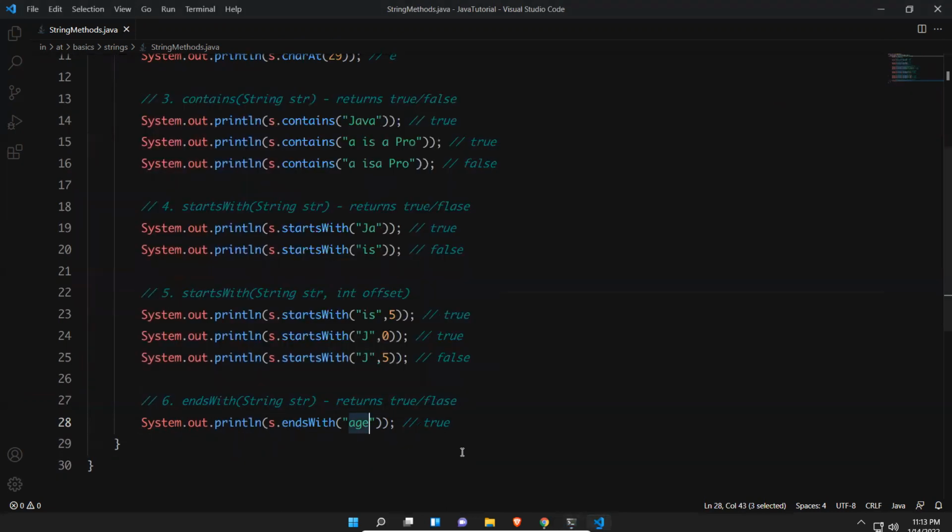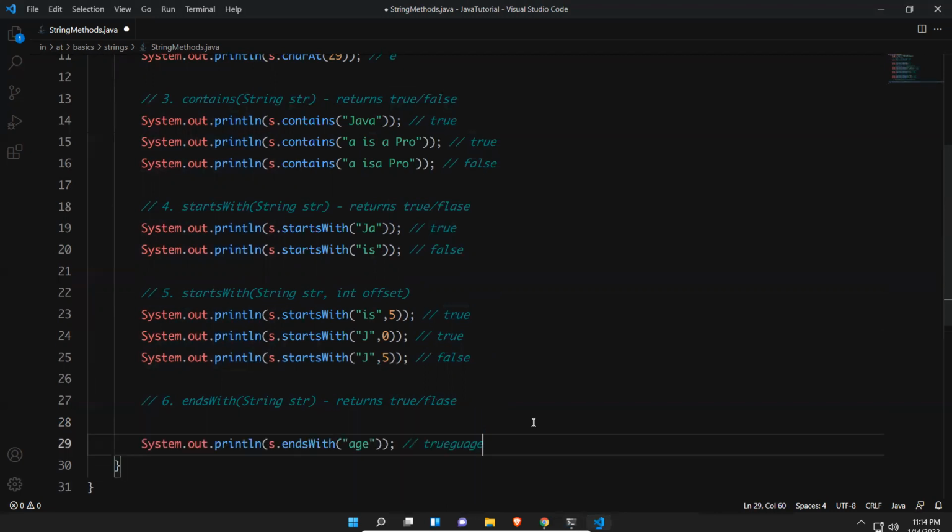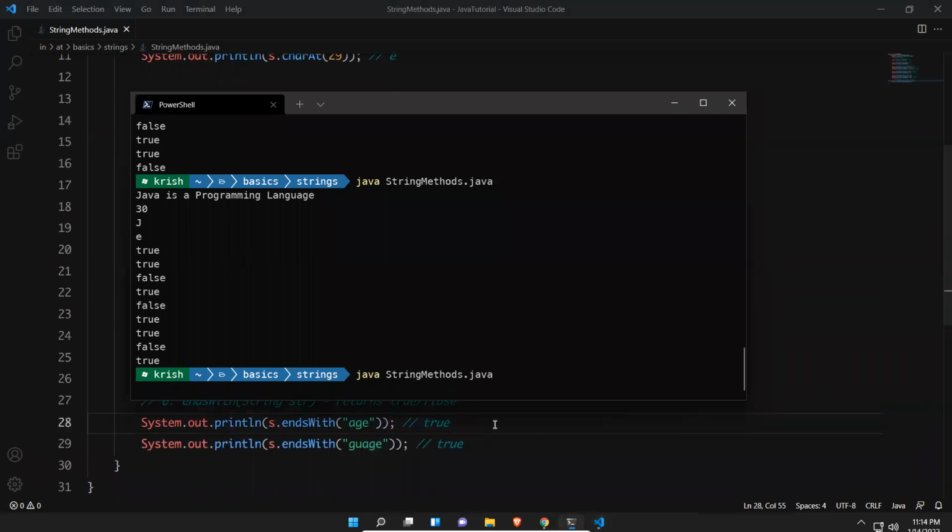You see that? True. And if you take UAGE, GUAGE, even then it will give me true.